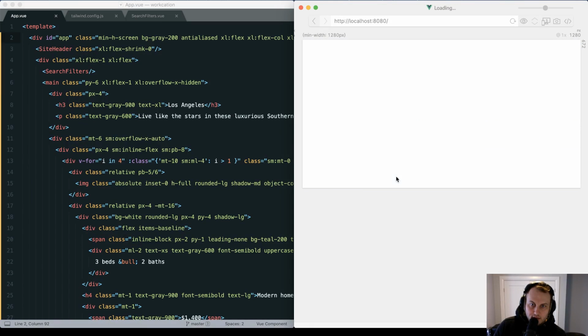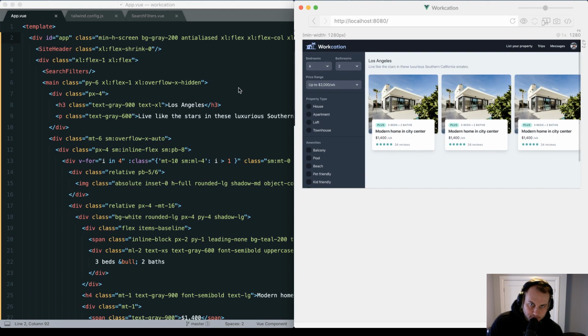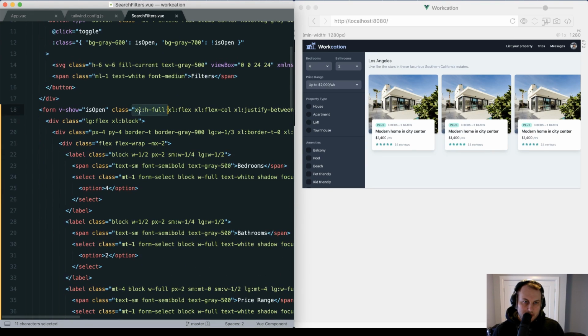So we don't want it to be possible for things to extend past it. So that's why you'll see this is cut off here. And then for the search filters area, I think if we,